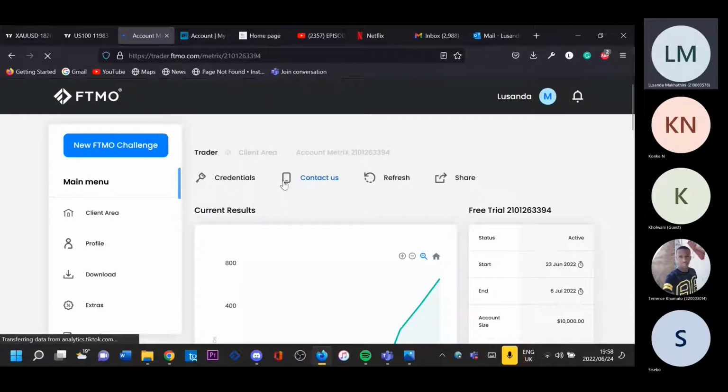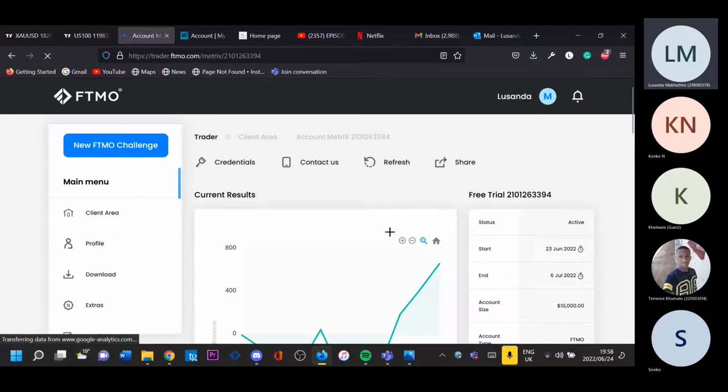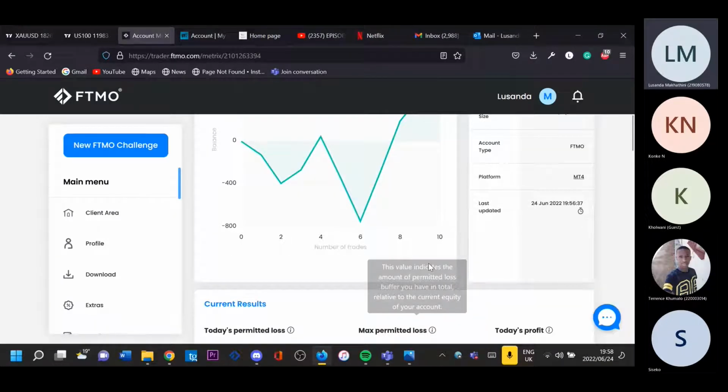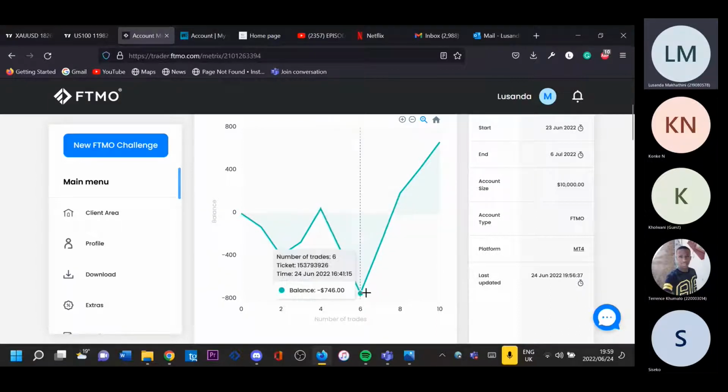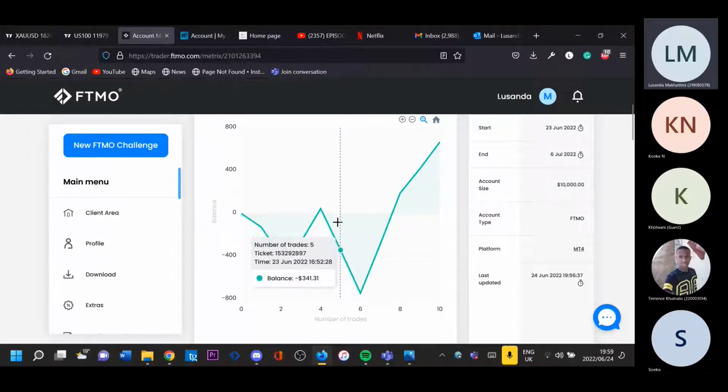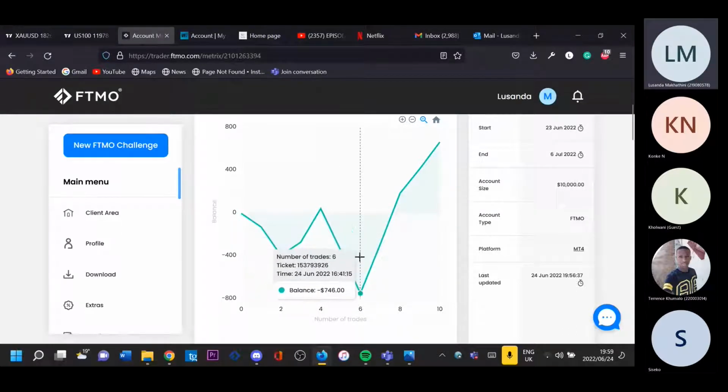Even if you look at this, this is called an equity curve. Our first trade was a losing trade, about $300. Then I went back up, and my second trade was also a losing trade. I think this was 6 trades, and I think I was risking $100 for some of them, not all of them. So I went down, but this was actually between 2 days. Yeah, it was 2 days, so it was three on this side, three on this side.